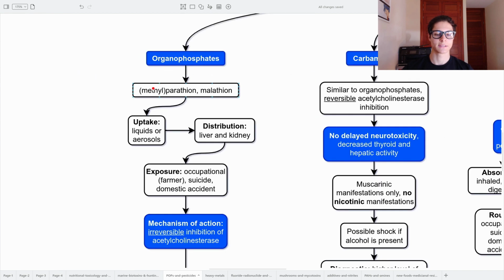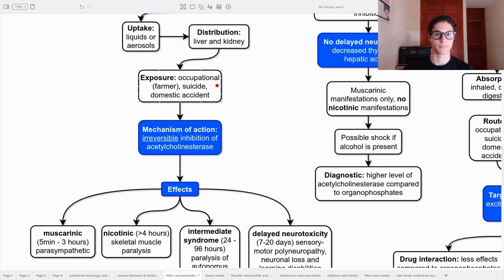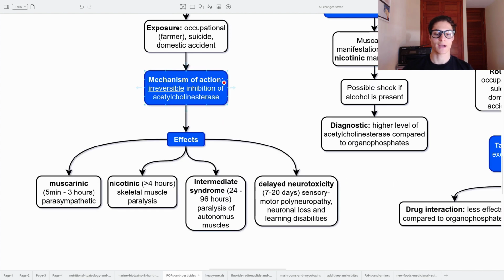The organophosphates are the methyl parathion or the malathion. The uptake is through liquids or aerosols. The distribution through liver and kidney. The exposure is occupational, the farmers mainly, but also due to suicide and domestic accident maybe. Mechanism of action, irreversible inhibition of the